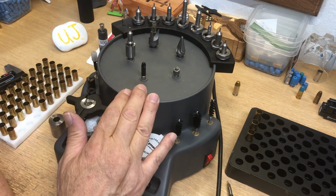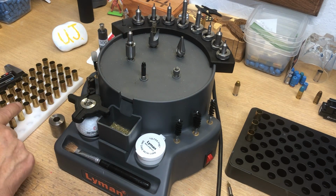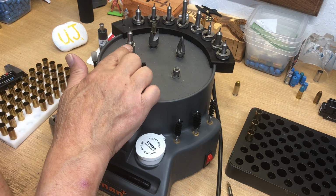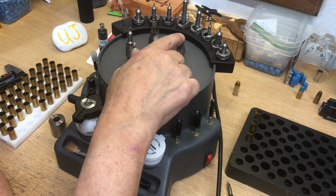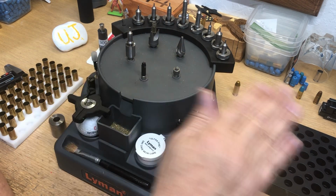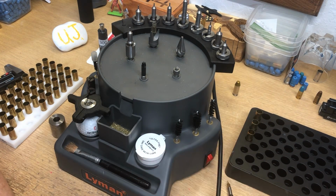So what we're going to do is trim the brass. I don't think I need to trim it because I already measured it and it's still within spec. So I doubt this cutter is even going to touch this brass. But I am going to chamfer lightly inside and outside, and then I'm going to uniform the primer pocket, and you only have to do that once. All right. Then